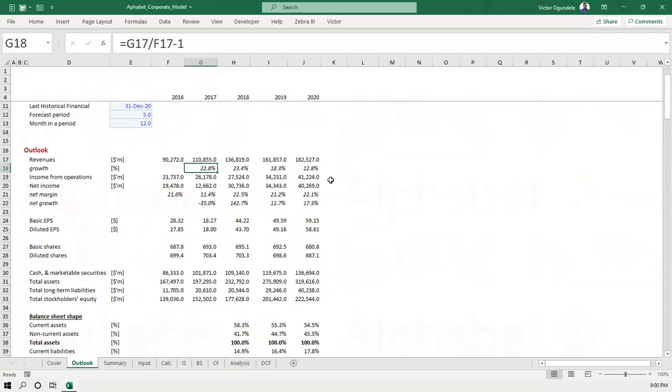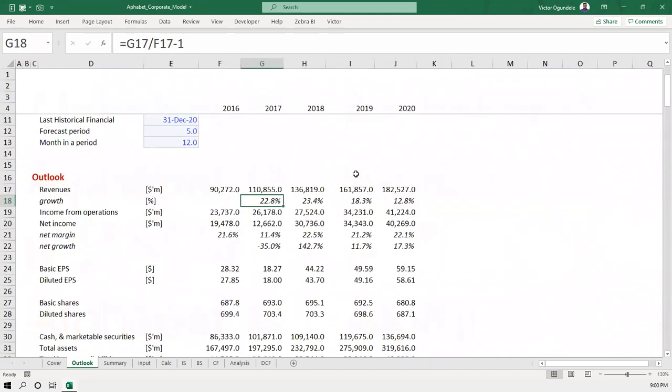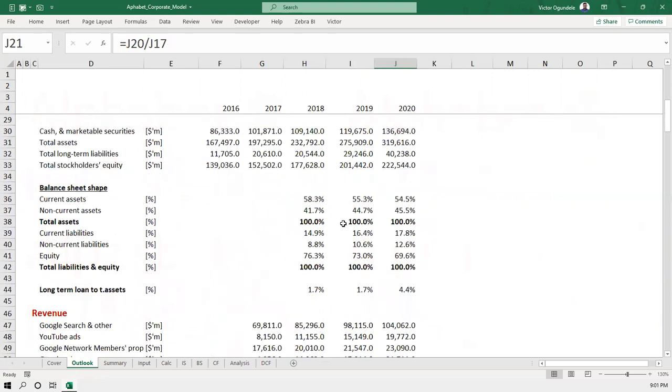They've been a great company, right? And I think the acquisition or merger that they did has also been very, very helpful. As you can see, over the last 5 years, they've been having a very positive, increasing growth, which is excellent, right? And also their net profit margin, they've been able to maintain that range as well: 22.5, 21.2, and in 2020, 22.1, which is a very good one. All right, so you just take a look at it for you to understand.